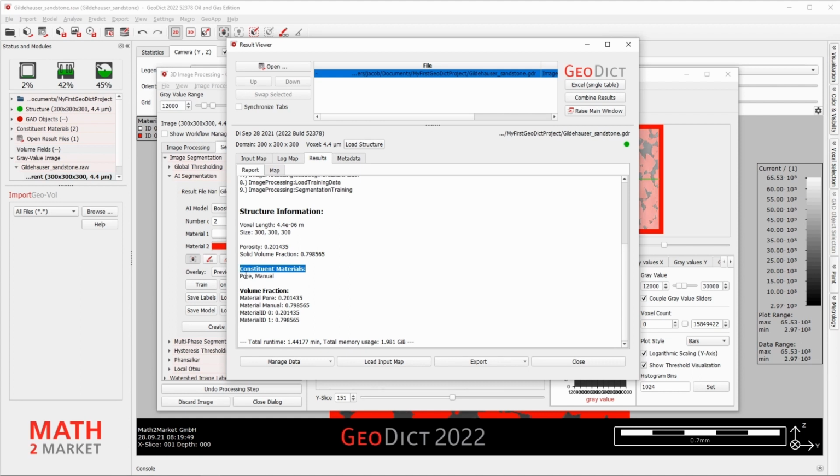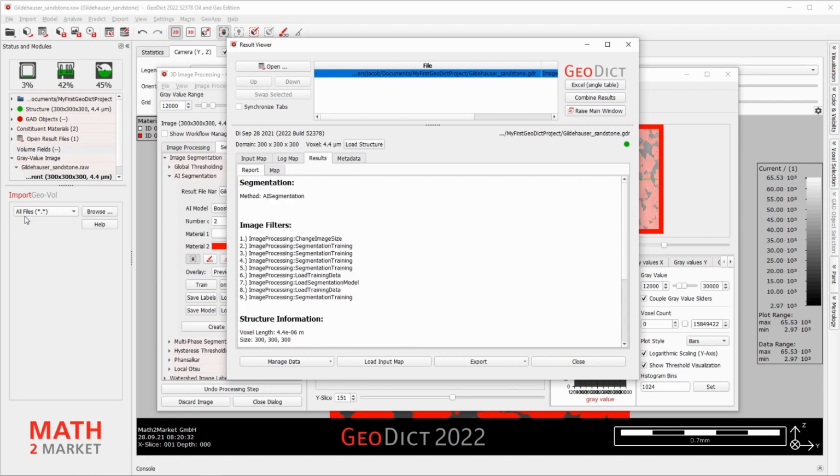In our case, these are pores and manual, because we have not given the materials a name yet. Then the volume fraction amount and the total runtime. Close the result viewer by clicking Close.